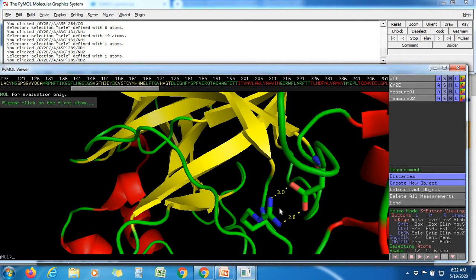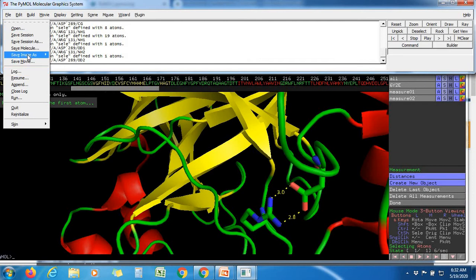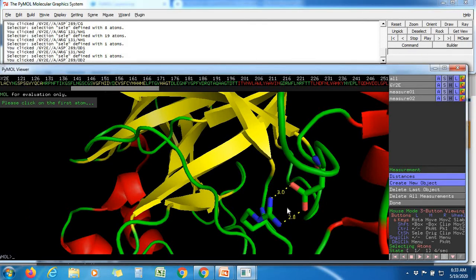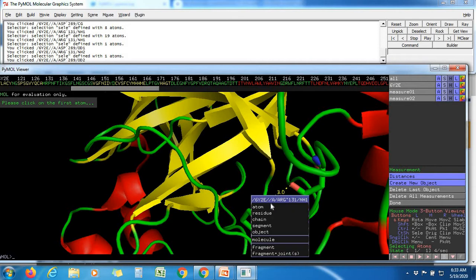So after this you can save the molecule. You want to save the molecule as save image as, for your project purpose or any other purpose. You can save the image showing this one as hydrogen bonds. Moreover, you can highlight here over the residue.